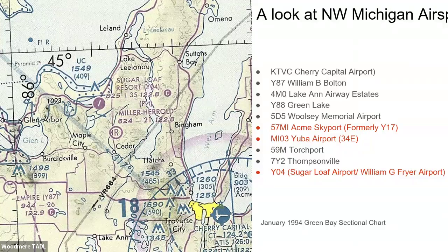Oh, we cut off my Northwestern Michigan airspace. That's okay. So this is an older sectional, but this is looking at the Leelanau Peninsula, and down there you see Traverse City. This would have been from 1994, which is kind of interesting because if you look down